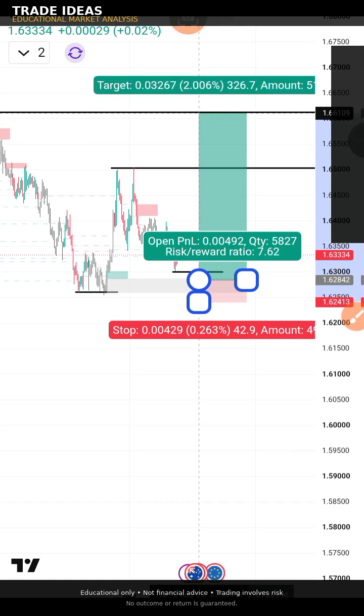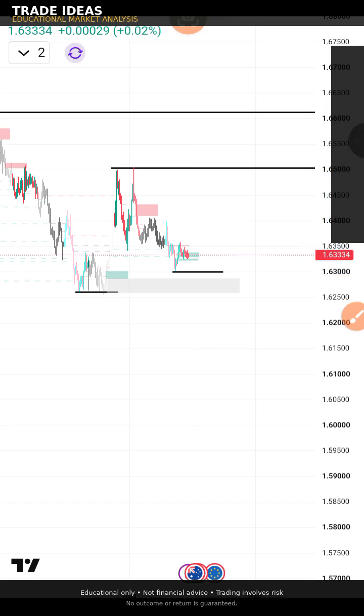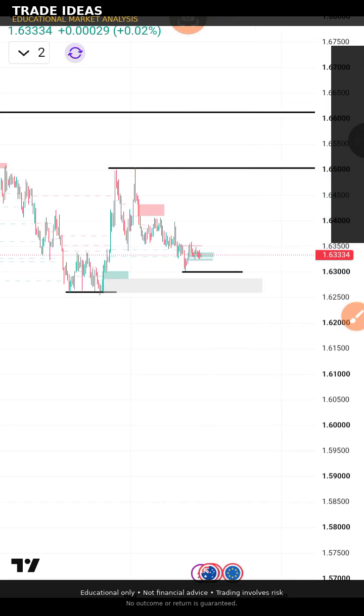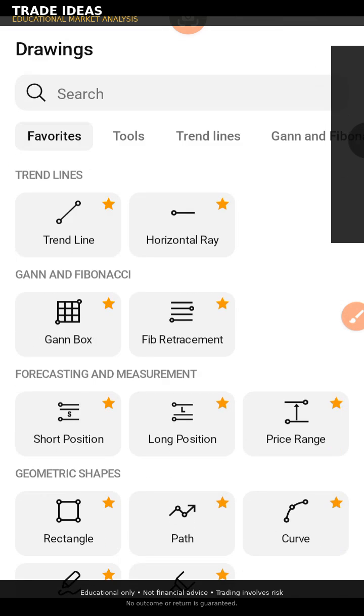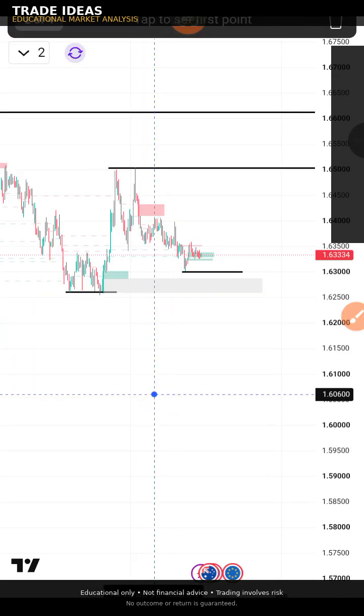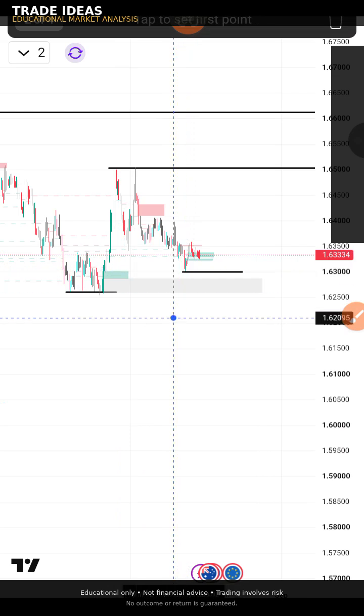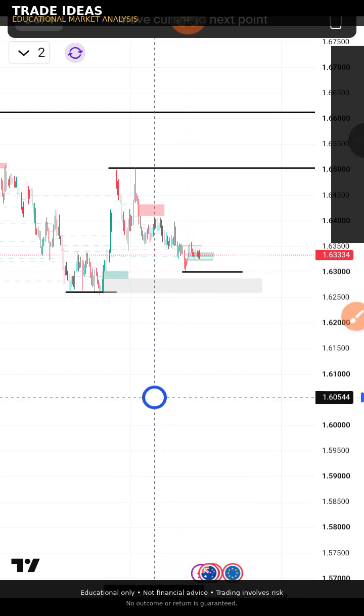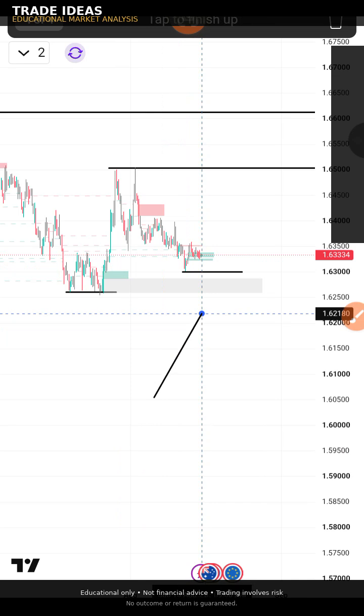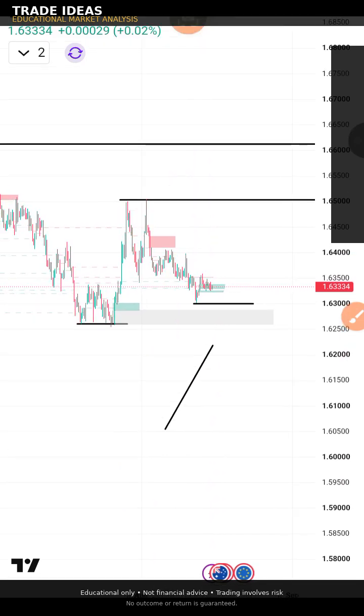Eventually, it will come to this point. But I want to call attention to one thing, right? Before you take this position, please make sure you see a sort of confirmation. This is already giving a confirmation, but when the market comes and takes this place, you have to look for a confirmation